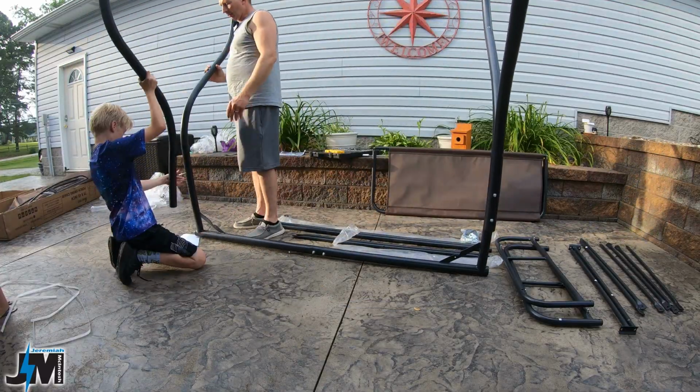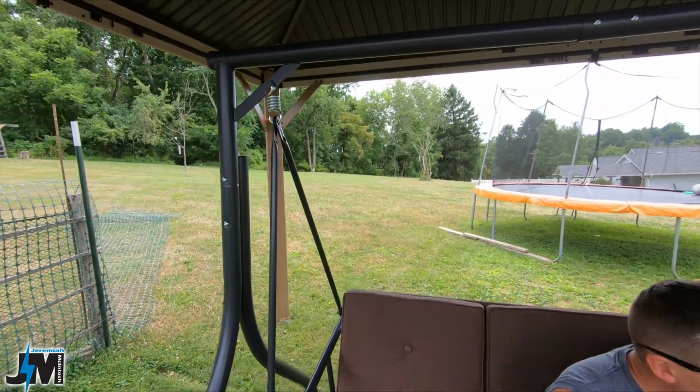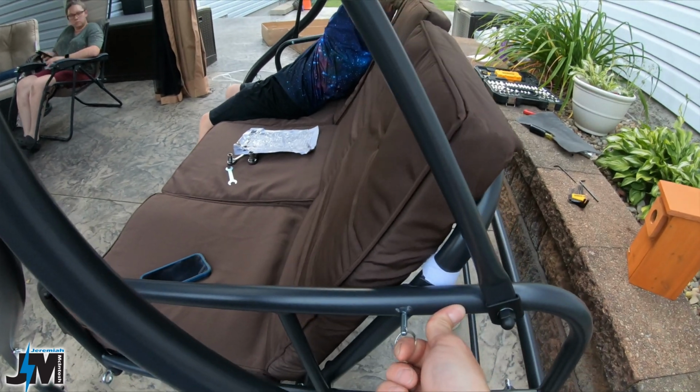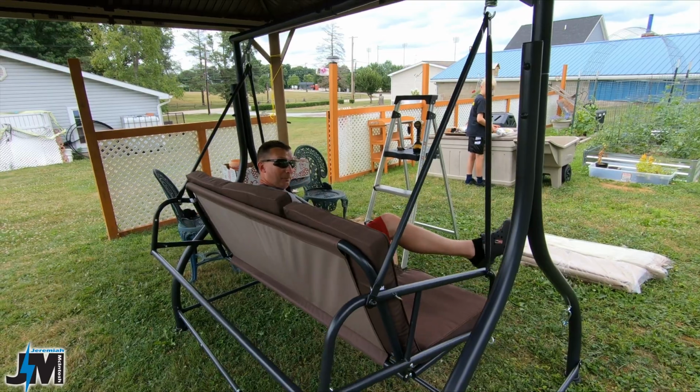Me and my son put it together. It has springs on here to help with bounce. And what's awesome is you can pull these 2 pins out on the sides here, and this thing folds down into a bed, which is pretty neat. So if I can't find my wife, whoop,